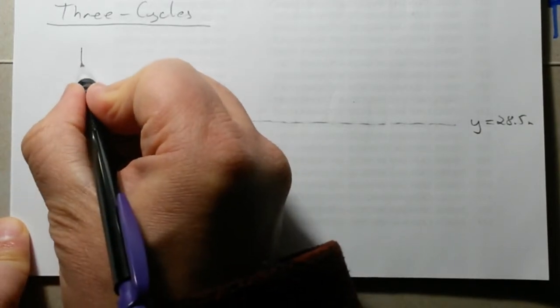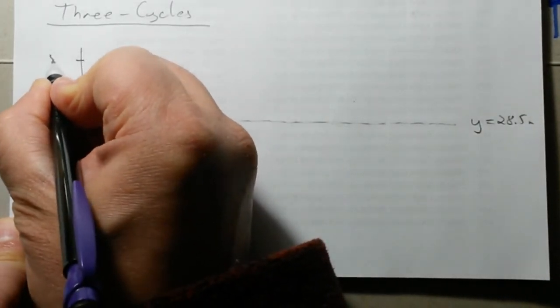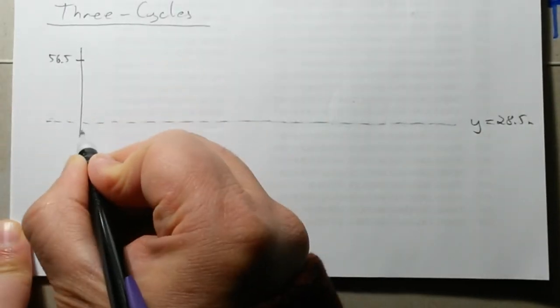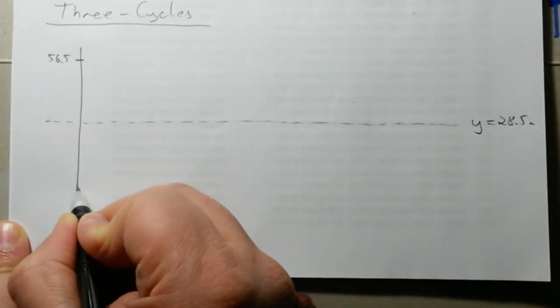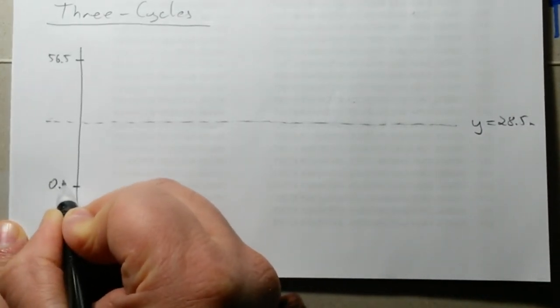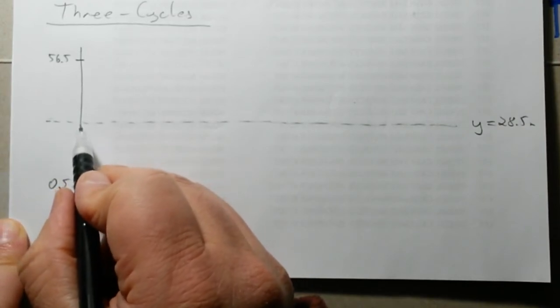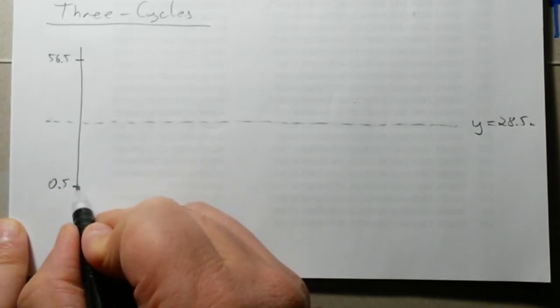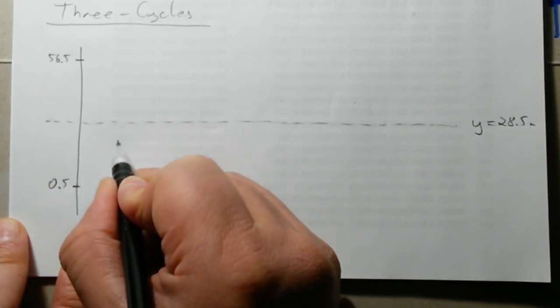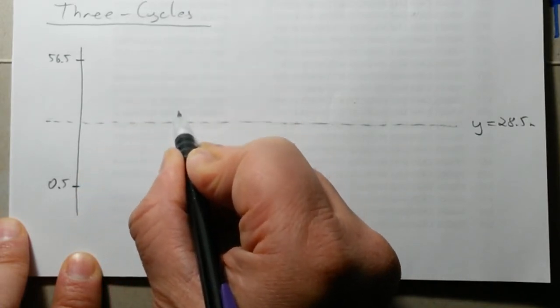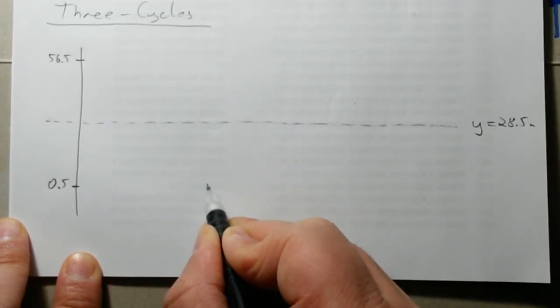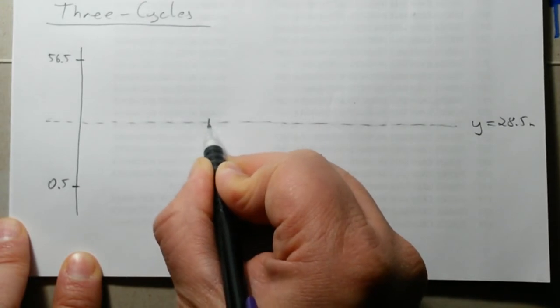There's a maximum here of 56.5 and a minimum of 0.5. And it takes 2.5 minutes to complete 1 cycle. So if we start at the bottom, go to the top, and then end here, maybe there,